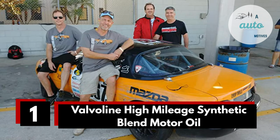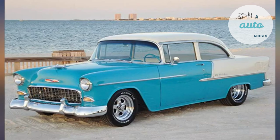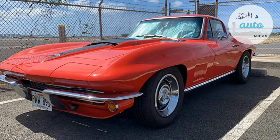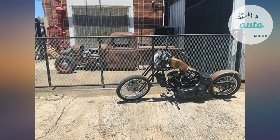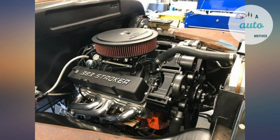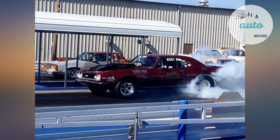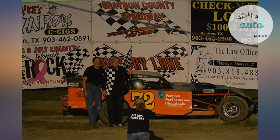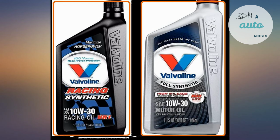Number 1. Valvoline Hybrid Vehicle Synthetic Motor Oil. If you drive a hybrid or high-performance gasoline engine, Valvoline Hybrid Vehicle Synthetic Motor Oil is an exceptional choice. This 20W50 full synthetic formula is engineered specifically for both modern and classic high-performance engines on and off the track. It features 2x more zinc than standard oils, offering extreme wear protection for vital engine parts like pistons, cams, and